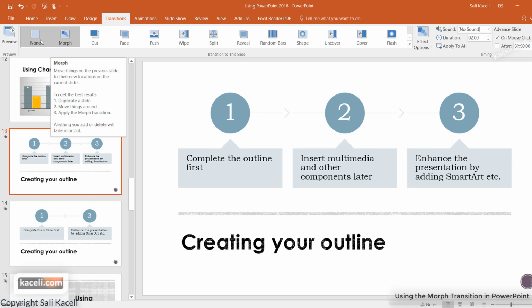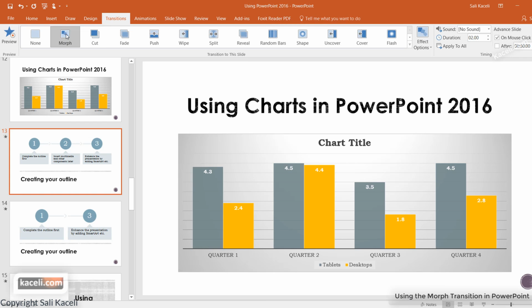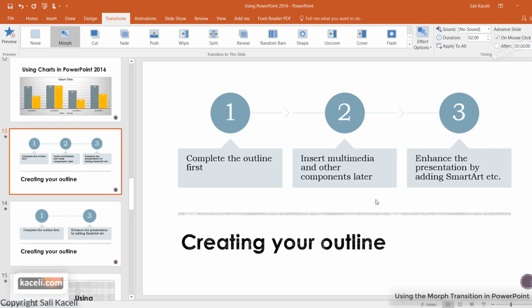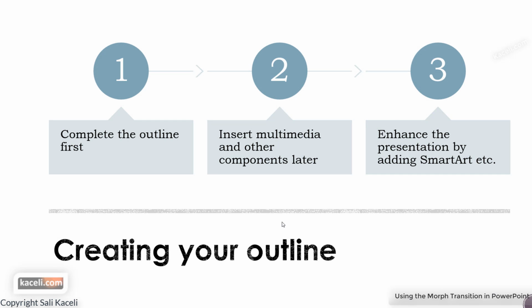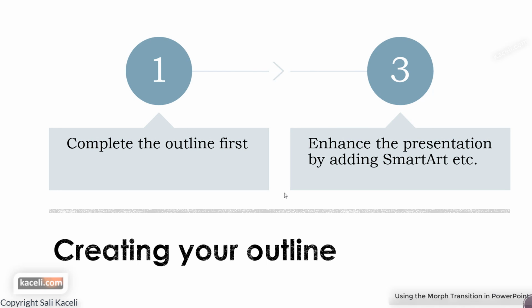You can choose the option under Transitions to morph it, and I'll show you in a moment what this does. It's going to morph from one form into some other form that you tweaked it into. In our case, if we were to preview this, you can simply click on Slideshow, and this is how the first slide will appear, just like typically. But when I go to the next slide, notice how it does the animation